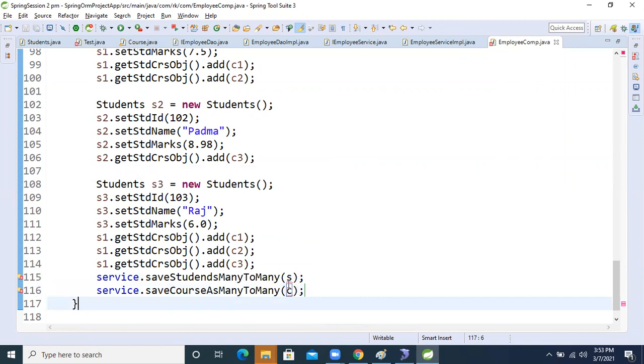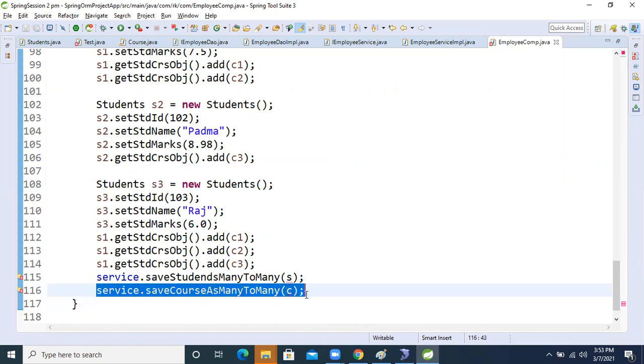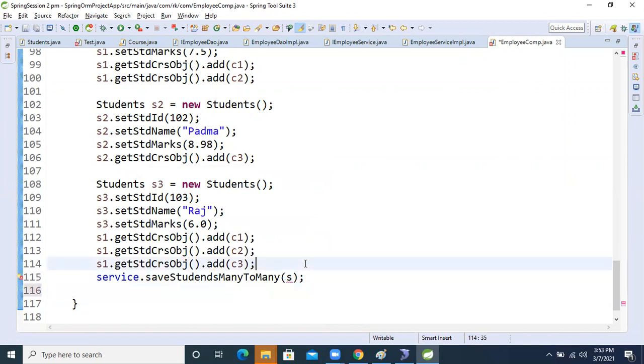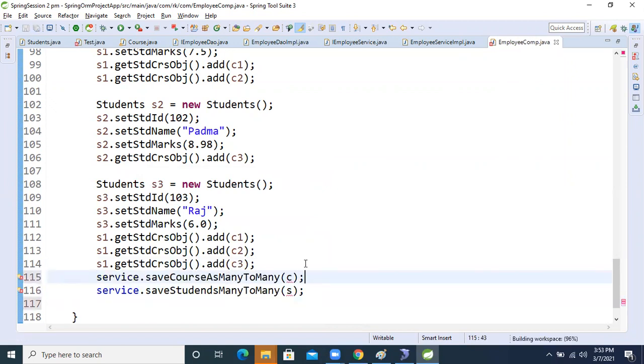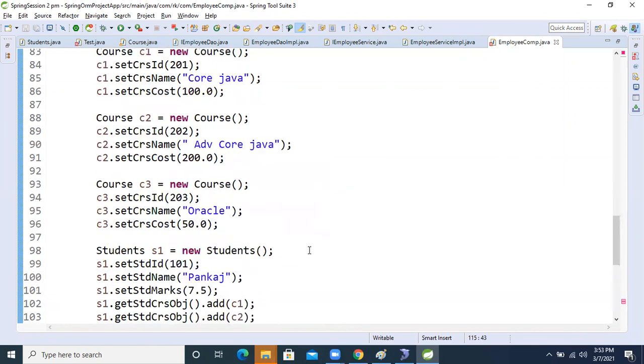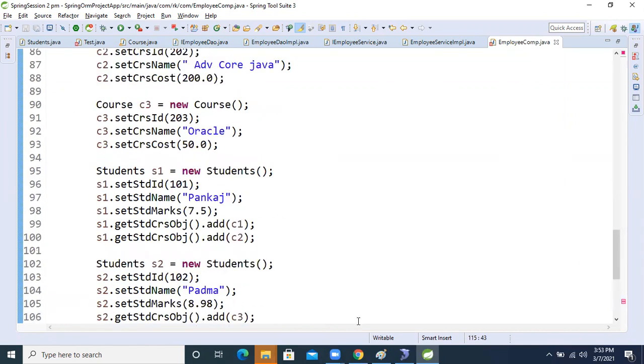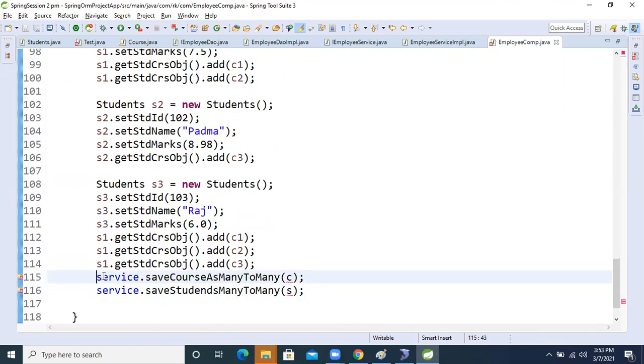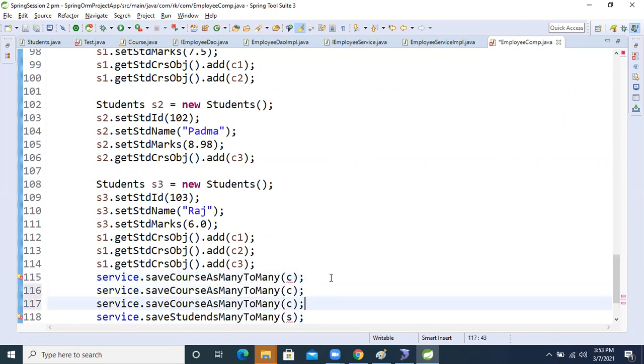In that, we will call the student course method multiple times. How many times? One, two, three. We will call this method three times because we are going to store three objects, course 1, 2, 3. Sorry, control delete.